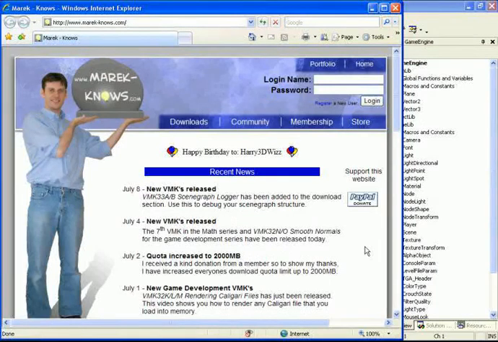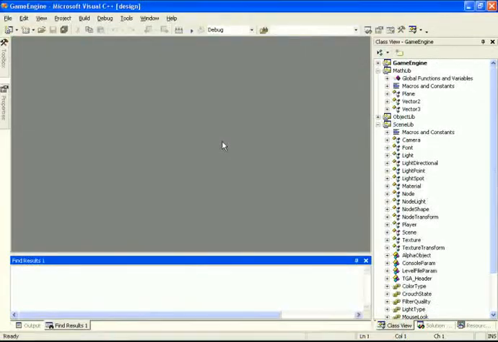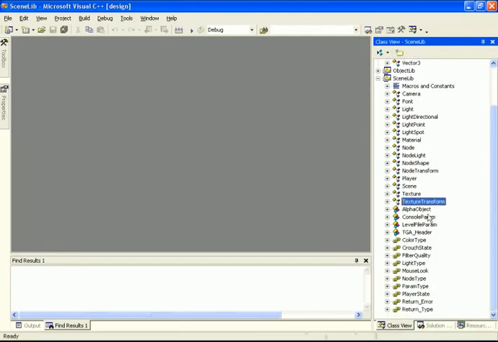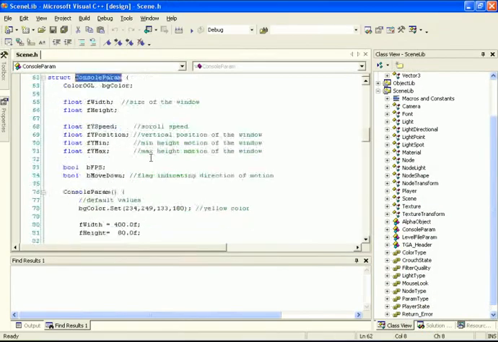In the previous VMK, you saw that we could output text to the console window, but we didn't have the ability to actually display what is being typed in on the keyboard. Now what we're going to be able to do is type text on the keyboard, and whatever we're typing is going to show up inside of our console. So let's get started. To start, we're going to have to go into our console param structure and add a